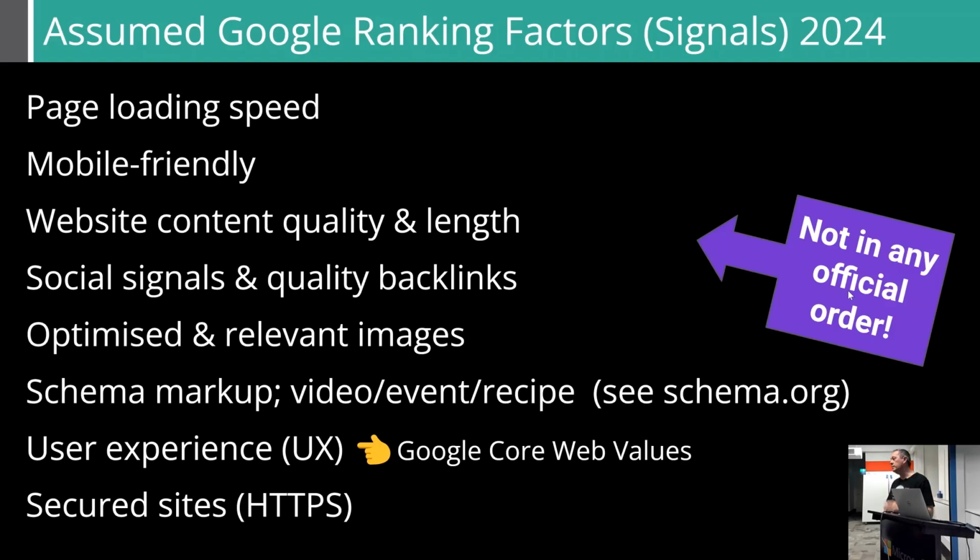There's user experience, and this is part of the Google Core Web Vitals that was launched 2-3 years ago. So Google are now looking at how well people are able to navigate through your website, how they can click at things, how they can find information. And that is a ranking factor, people think now. So if people are having trouble navigating through your website, you're going to have a lower score than other websites who've got maybe a flatter hierarchy, where people can easily get to what they want in fewer clicks. So that's part of the experience.